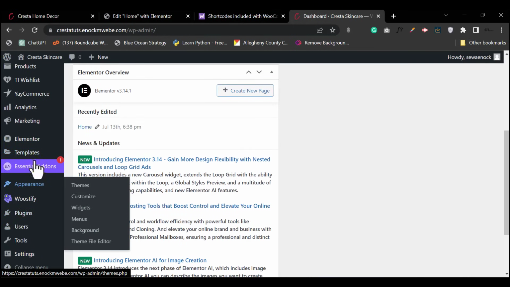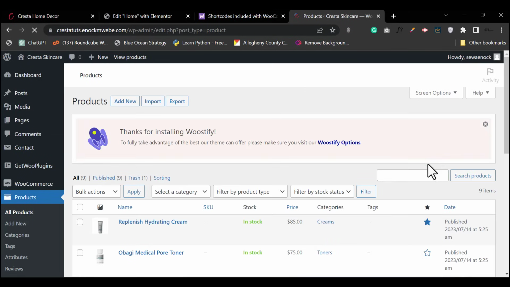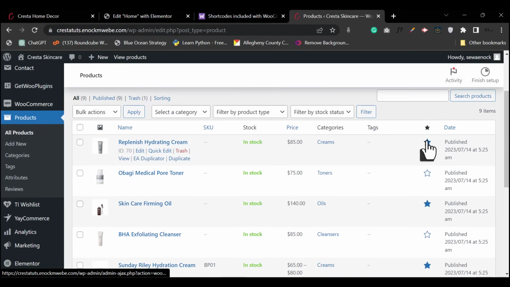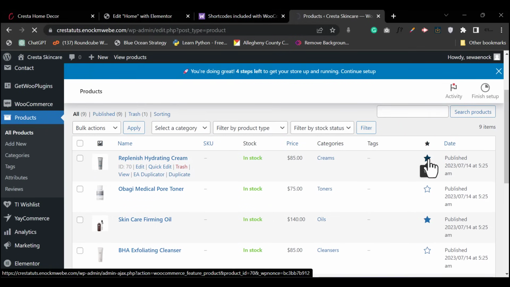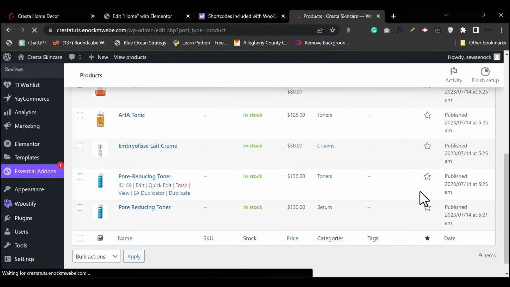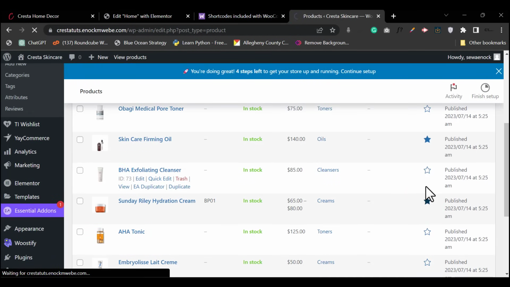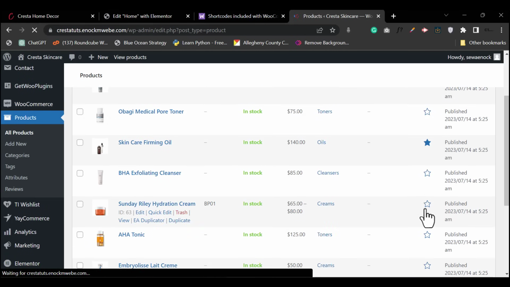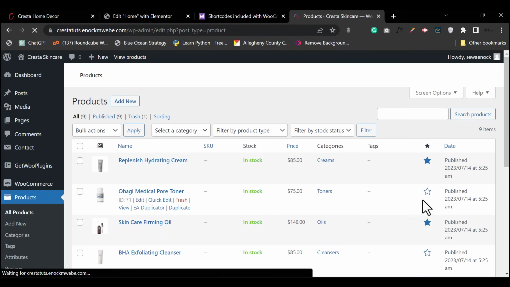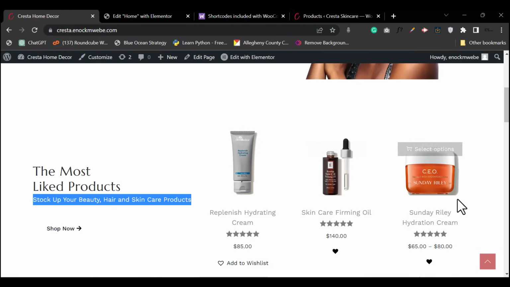So under products, where are products? Right here, we're gonna check out these. So where you see these tab products, these are the featured products. So you can check and uncheck them like this to make them featured or not featured. So we had imported them from our recent site that we created, remember that, and some of them were already featured. So I'm gonna feature some more,